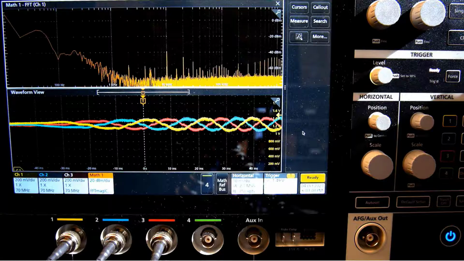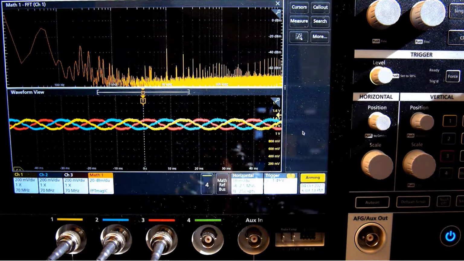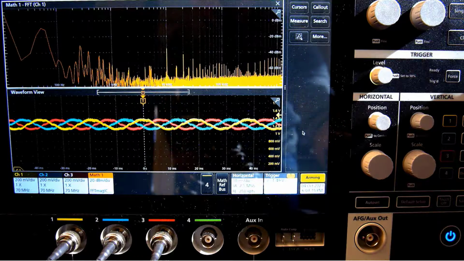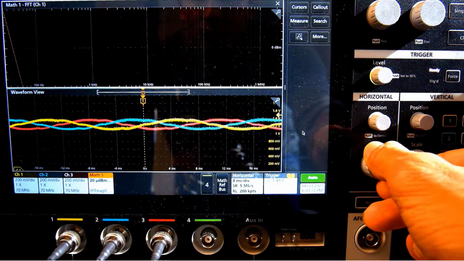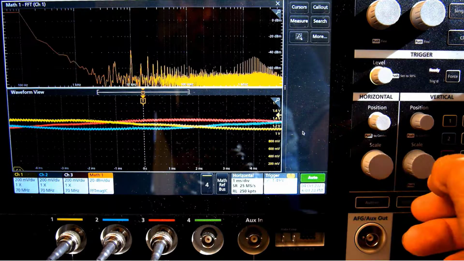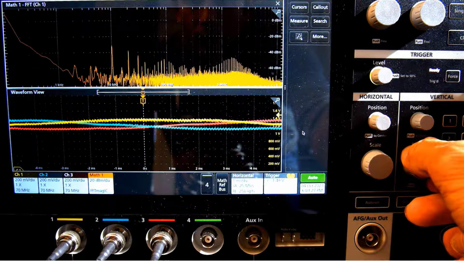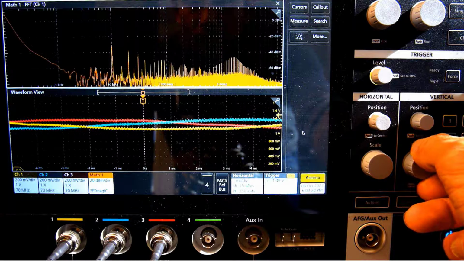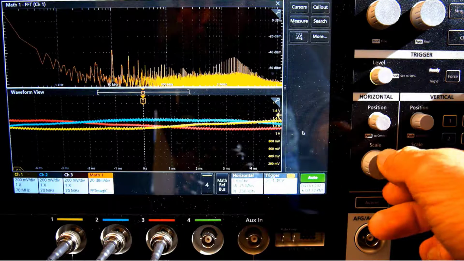Now we see that the current ripples are drastically reduced and the harmonic content is much cleaner as well. We can zoom in to confirm that we still see a little bit of ripple in the currents, but this should be sufficient for our small set of requirements.